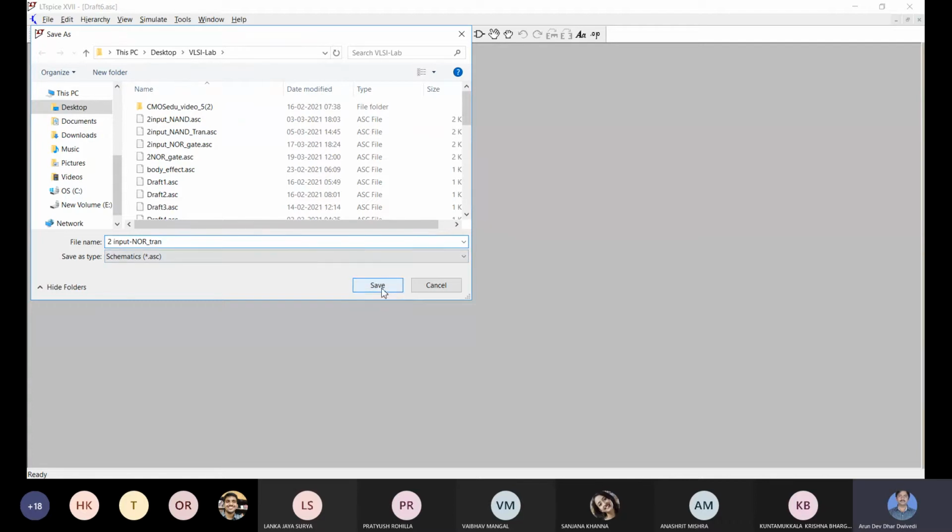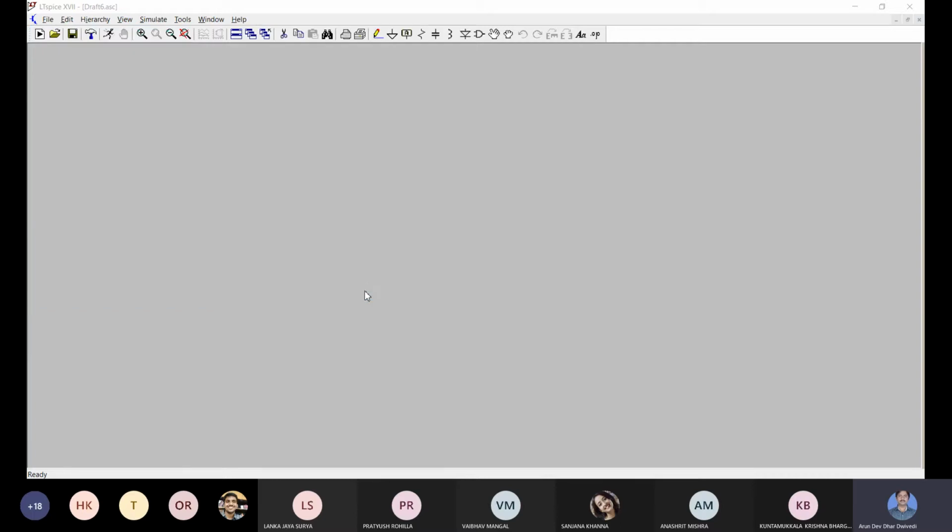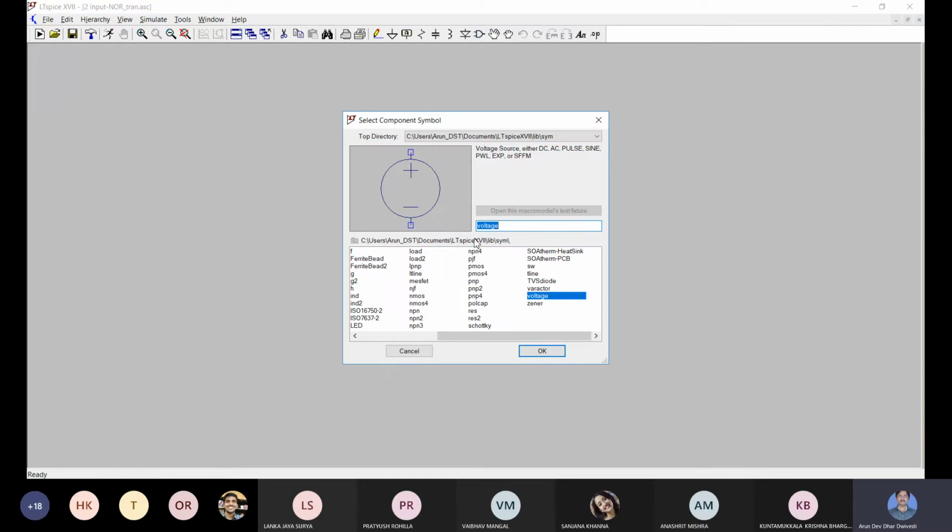Now the file is saved. Now we can go to the component.